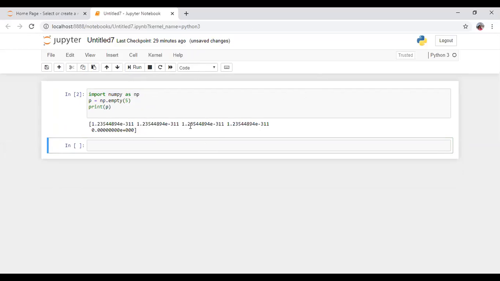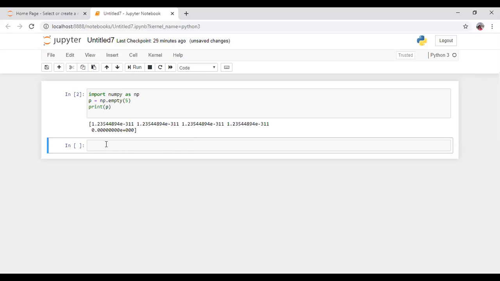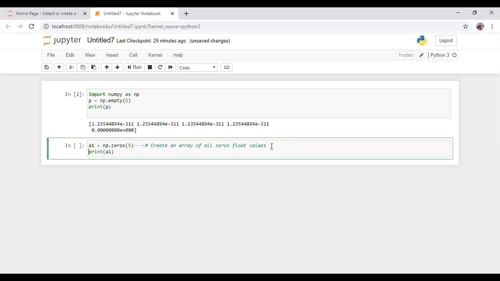It will display the random values here. Now next I am using this one and print A1.